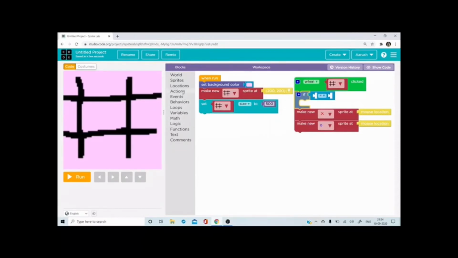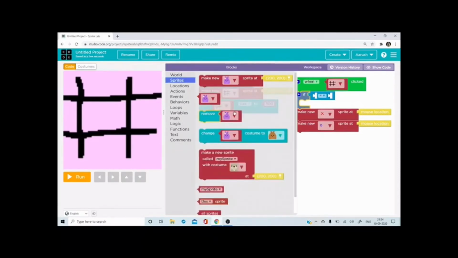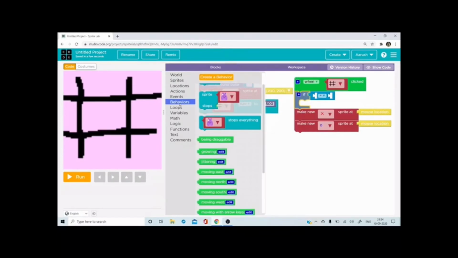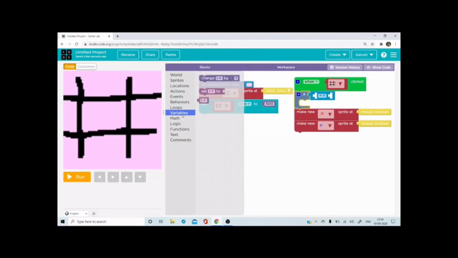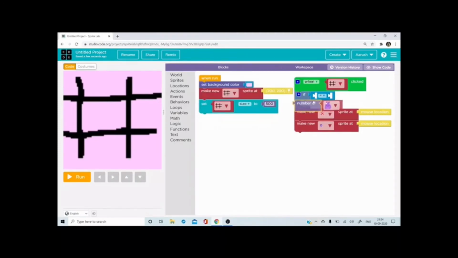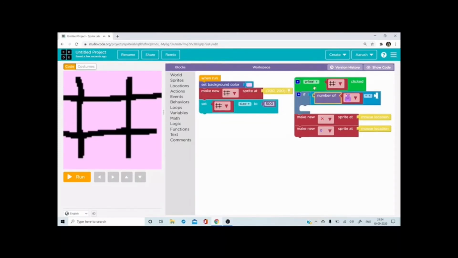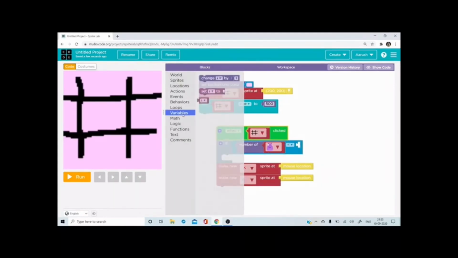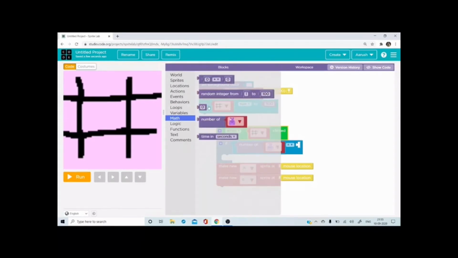I will go to say sprites and not this, maybe variables. Okay, here it is. So I'll say here number, I'll just keep this down so that you are able to see it easily. Number this, and where was it? I think in math. Yes.